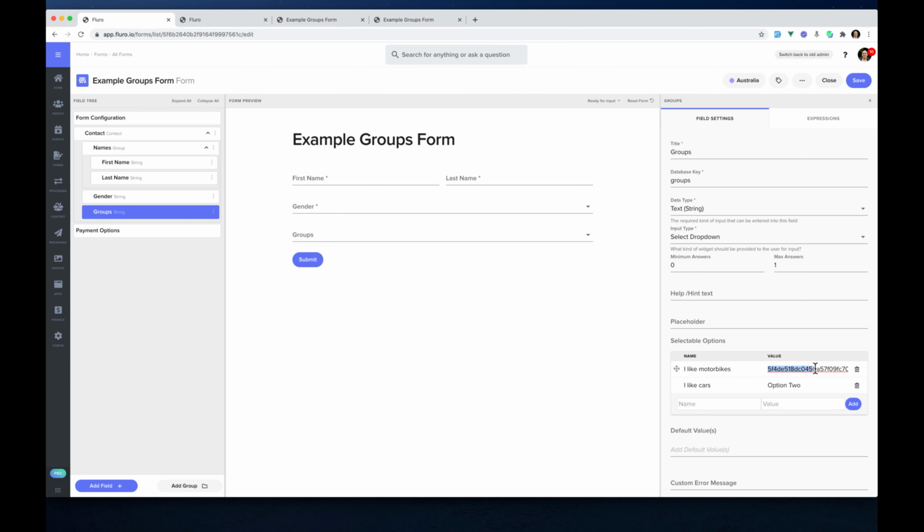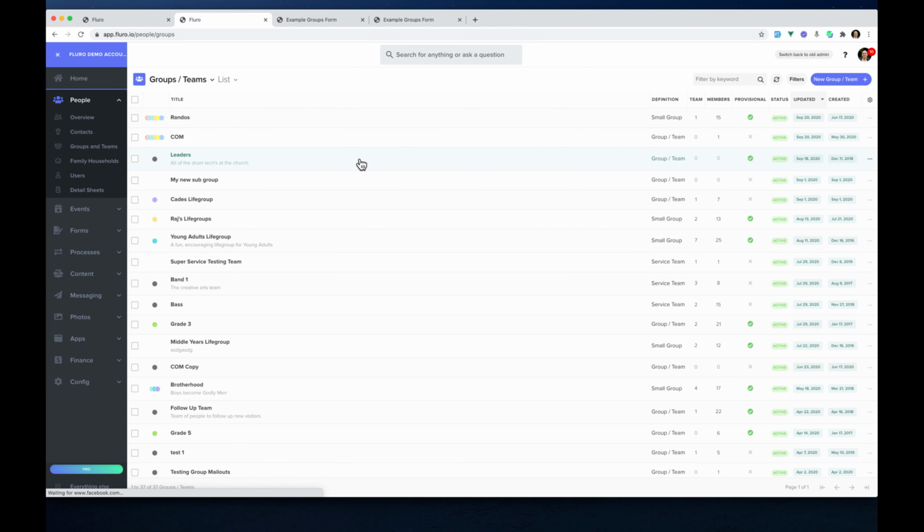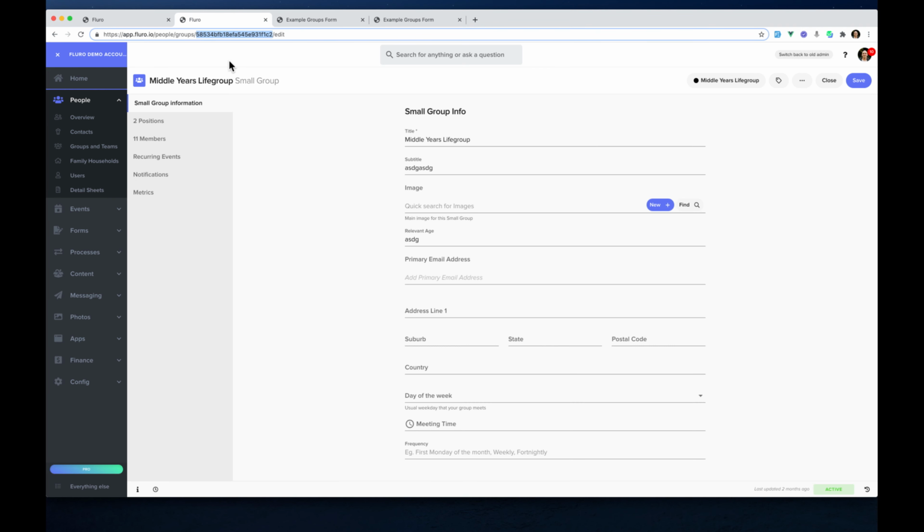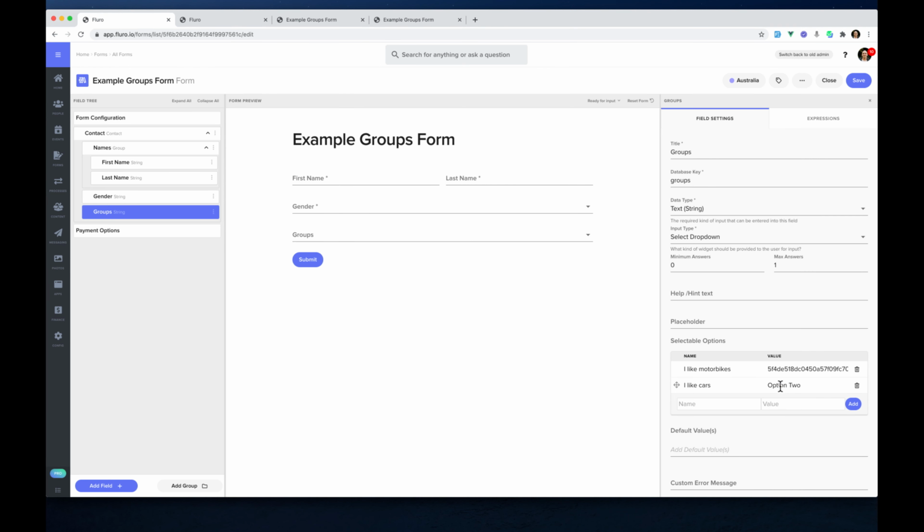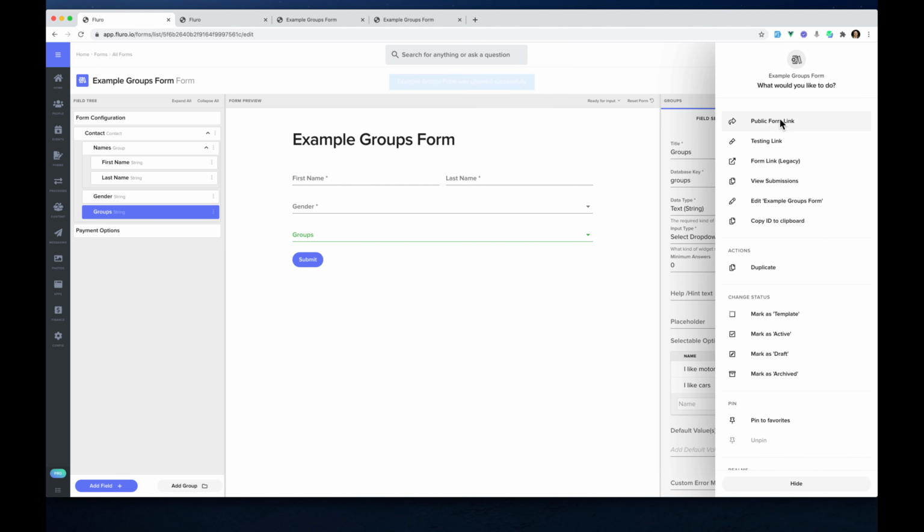So now we've got our value in there, and I'm going to go back here to my other tab. I'm going to find another group, maybe this one, and I'm going to select the ID just from the URL and put the other ID in here. And now what that means is I can click here and I can actually see that I've renamed what it says. So I like motorbikes or I like cars, but the value that's actually going to be saved to the database is this ID. So if we hit save, and we take a look at our form,